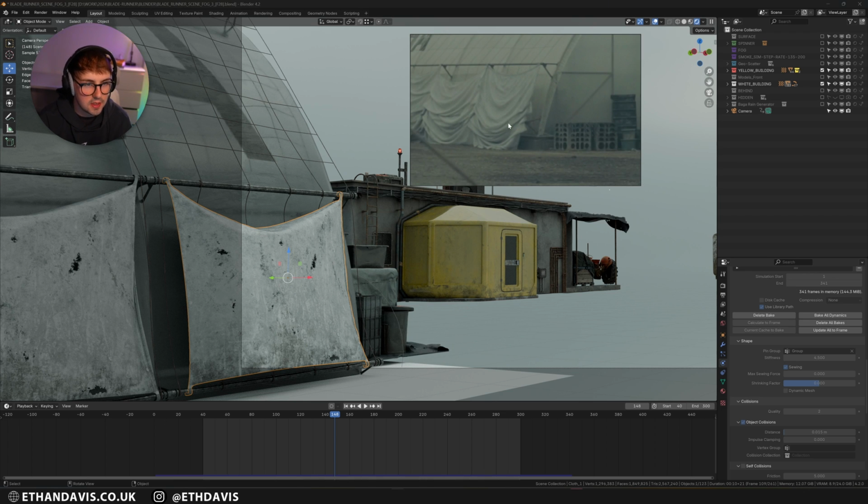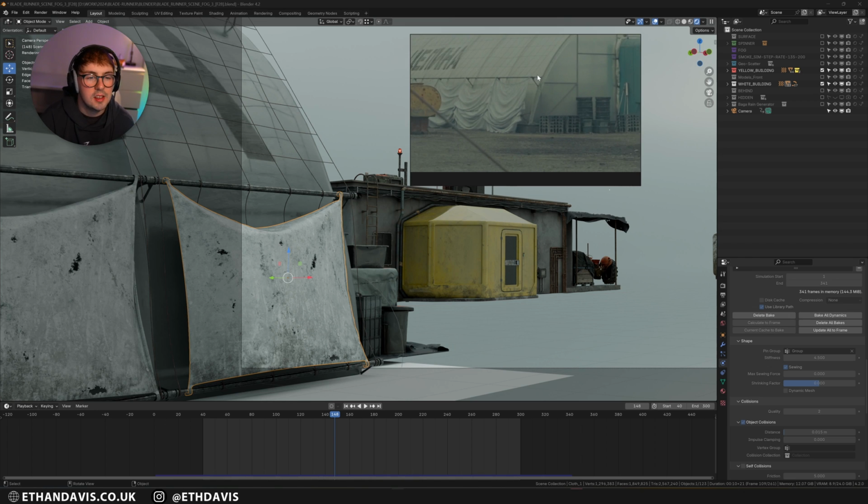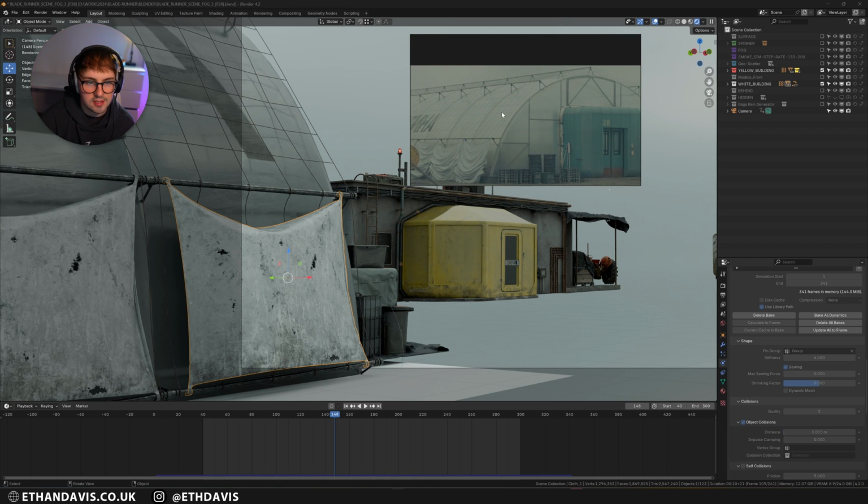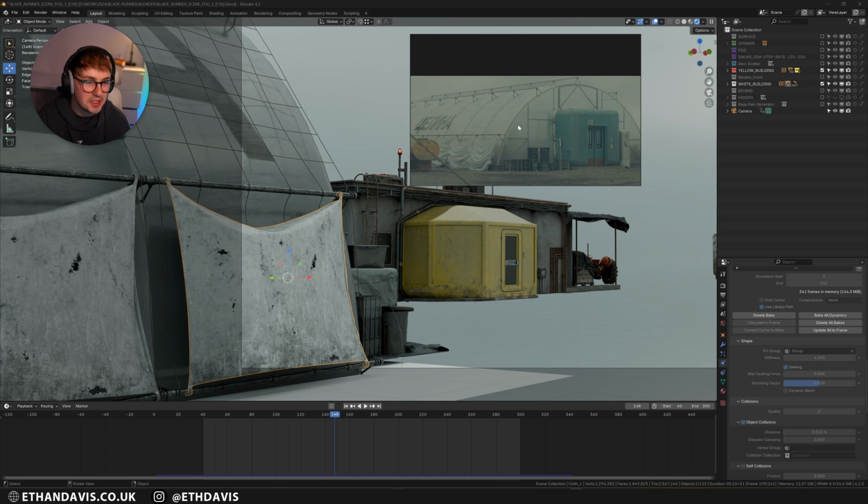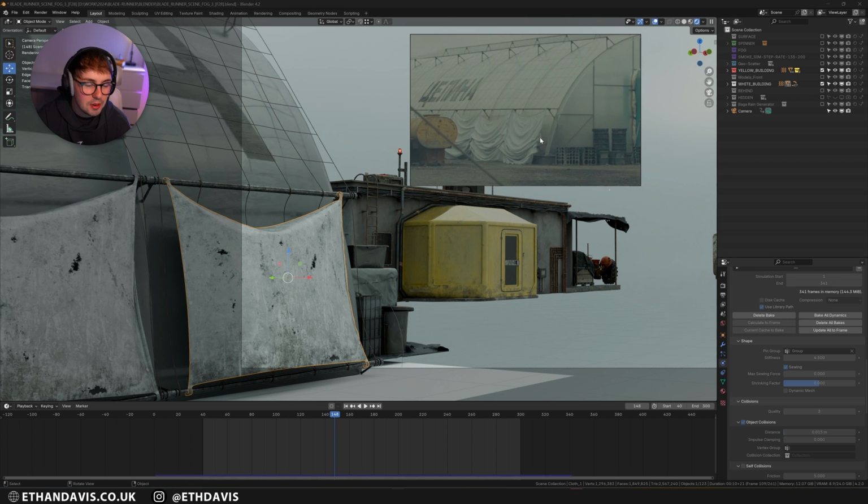I know obviously that this is very different, but the thing with this is that this sheet goes over the entire building, and I was just like, I'm not simulating. I can't be bothered. So maybe you could do it a simpler way. I did try to get the folds, but I think you just needed so much fabric to get that effect. I was just like, yeah, I'm not doing it. But I at least did it a fair go.